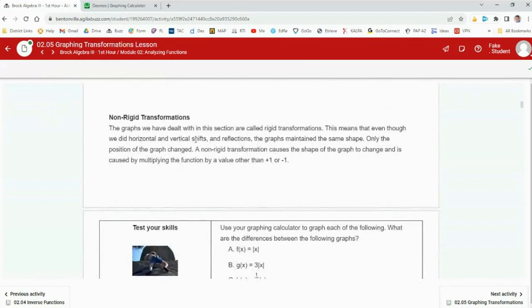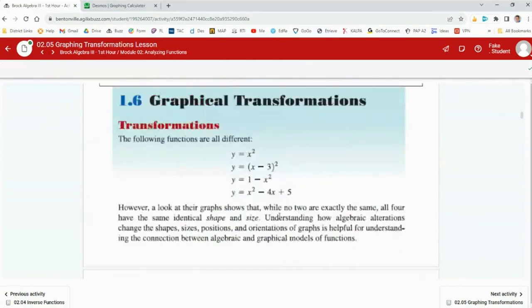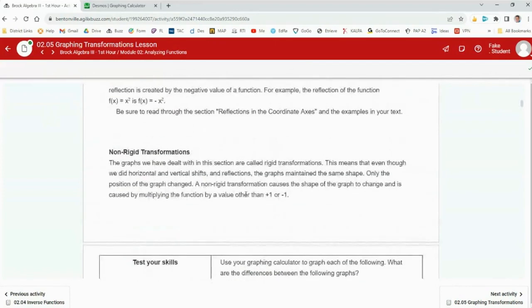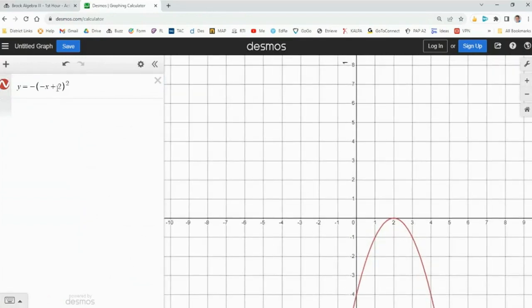All right, non-rigid transformations. There's one other one that we need to do as our summary. Non-rigid. Now that means these are rigid transformations, which means that parabola is the exact same parabola it was even before we made it go up 5. It's still the same shape. Even before we made it go right 2 or left 2 or however we move it, it's the same parabola. But